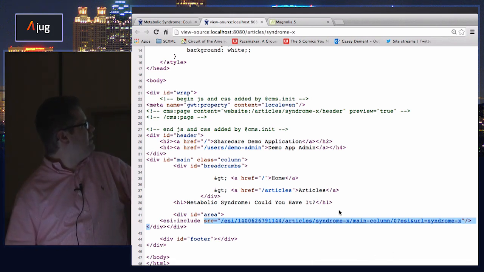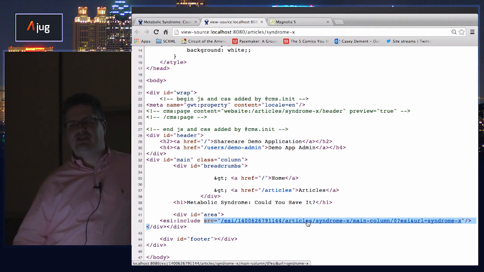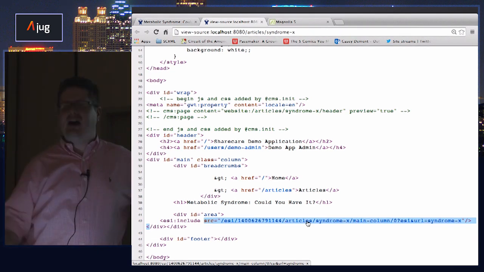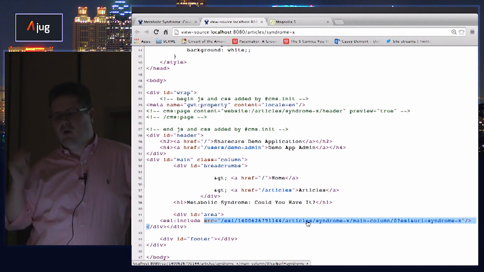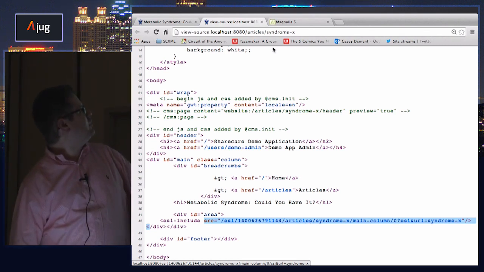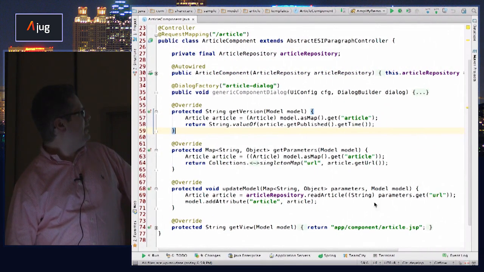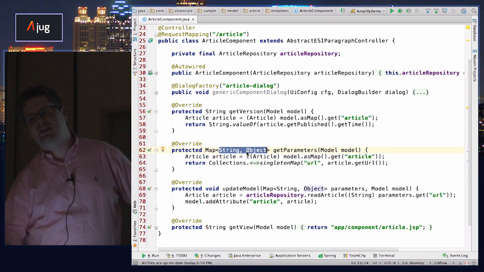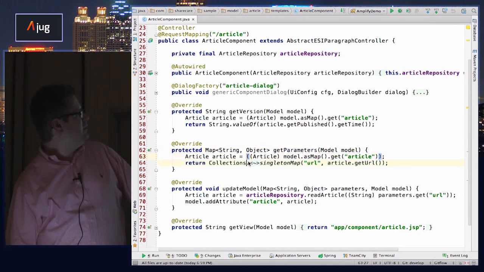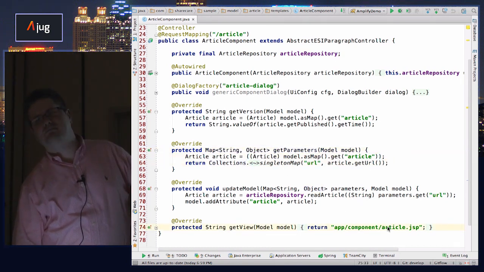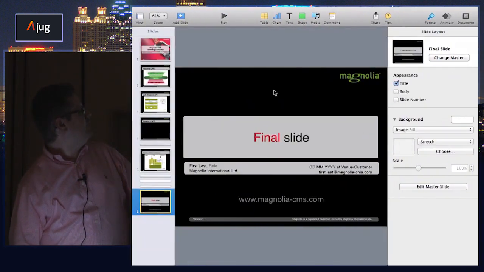So when this page gets rendered, my front-end caching proxy is going to hit that, look up in the cache, and say, hey, do I have this URL? I've got it, no problem, I'll just give it back to you. My application server doesn't have to do a thing. On the other hand, if it doesn't have it, then it issues the request back. This gets that string object parameters, which would be the URI equals syndrome X, fetches the article for that, sticks it back into the model, and then that invokes the JSP. And so from that, you get